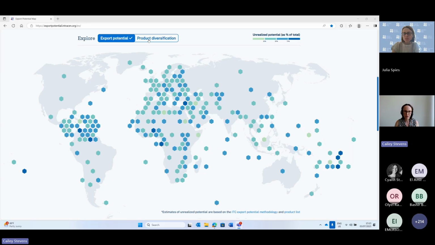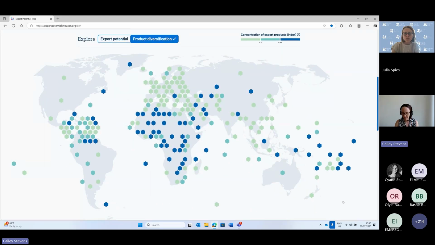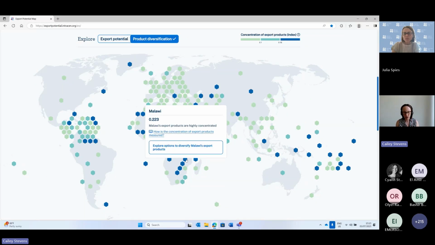A new feature that we have is this information on product diversification. And we've incorporated some information on the concentration of export products. So for example, if we look at Malawi, we can see that Malawi's export products are highly concentrated, meaning that few products account for a large share of Malawi's exports. Now, we may want to know how can we diversify Malawi's export products? And by clicking on this link here, we'll go to the product diversification data. We will see this example a little bit later in the demonstration, but first I want to start with